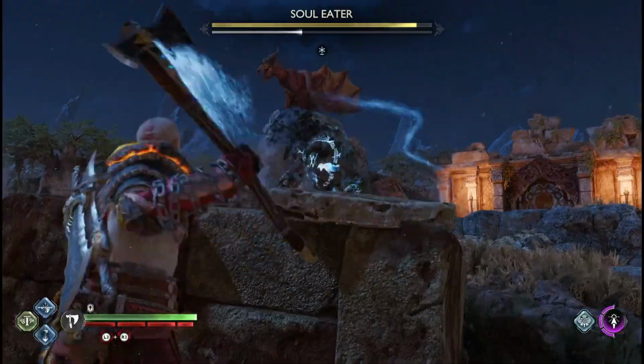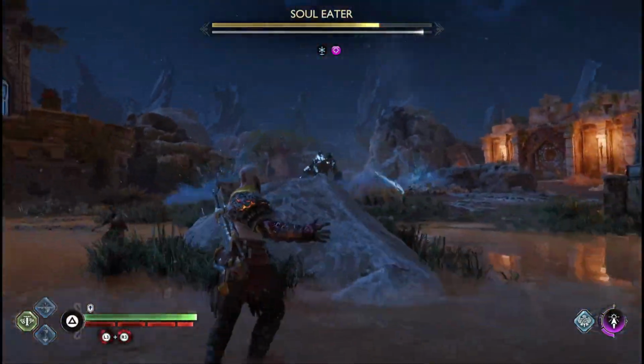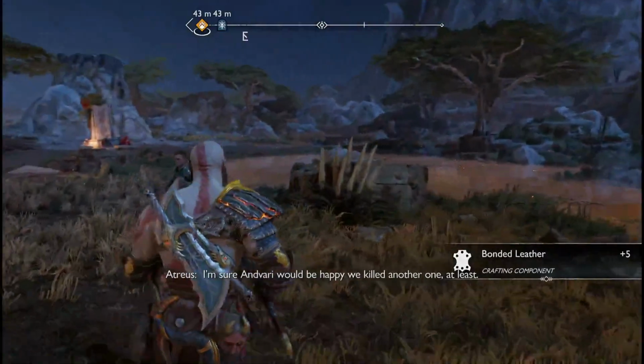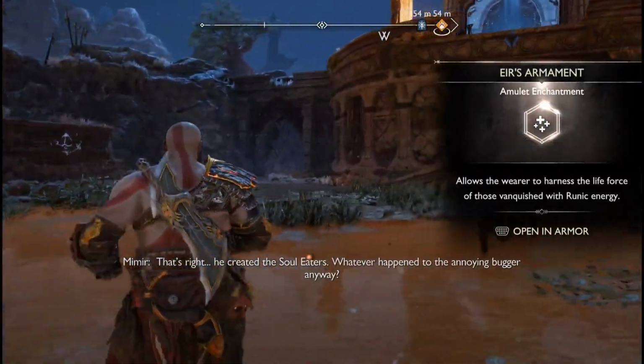We need to kill the soul eater right here. The dragon's going to help us. Once it's dead, we are going to go into the jungle. The jungle is the first thing I've done, really, because there's a quest over there that